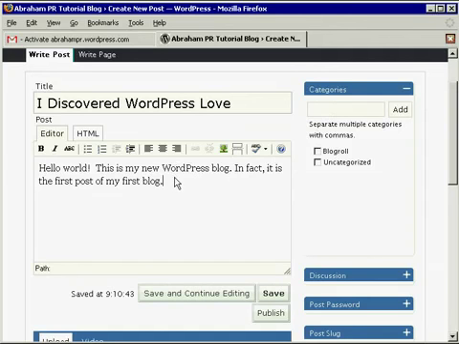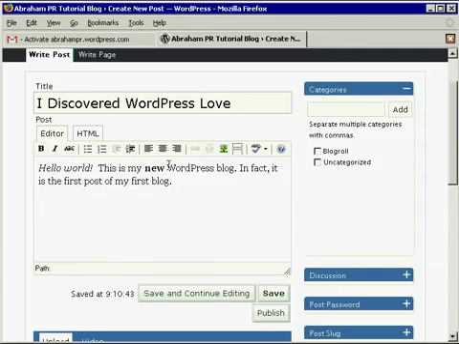Firstly, this is a WYSIWYG editor, a rich text editor. So you have the ability to highlight, hello world. I want that to be italicized. And I can either do Control-I, or I can click the little italics thing, and I can highlight new, and I can boldface that, and I could highlight WordPress, blog,